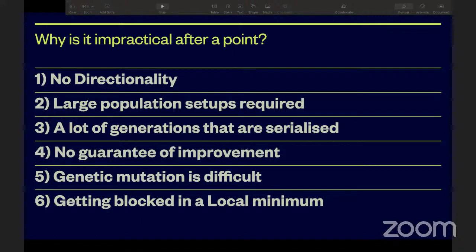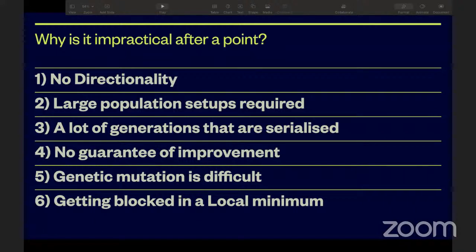And then finally, there is no guarantee of improvement, because even in nature, we see in the process of natural selection, a lot of species go extinct. And this is because they still cannot maximize on the goal of survival. So similarly, whenever you run this on a logical problem, you're also not sure that you will actually converge on a particular solution. Sometimes you might just be running generations after generations of simulation, and it might not converge on anything.